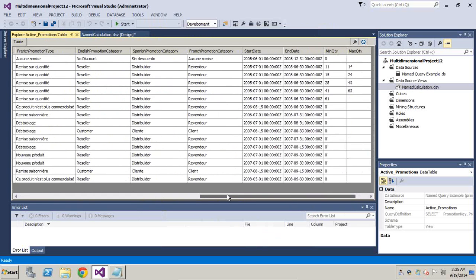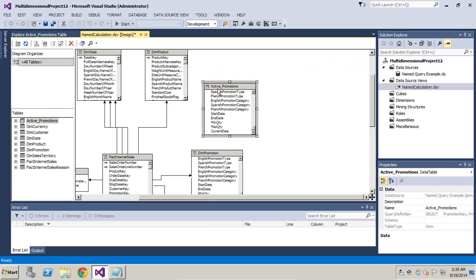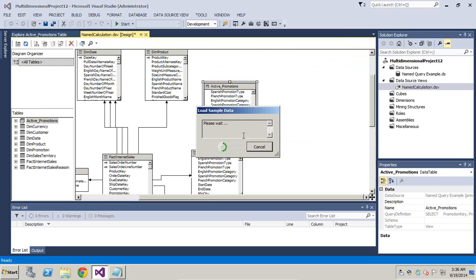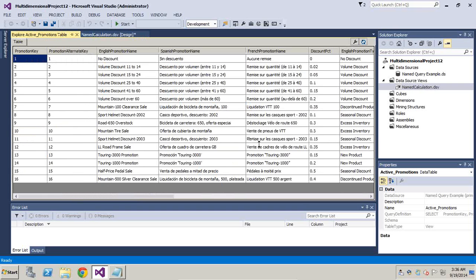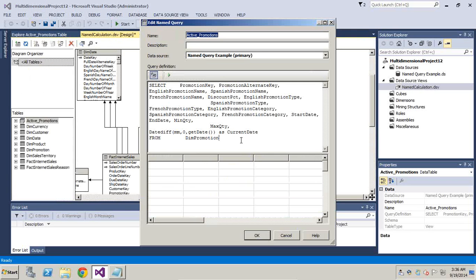The way I got the date, the first day of the current month, is not meaningful for me for any kind of analysis. So I'll convert this current date into start date format. On top of this, I'm going to apply the DateAdd function. Sorry. Right click, edit named query. I'll apply